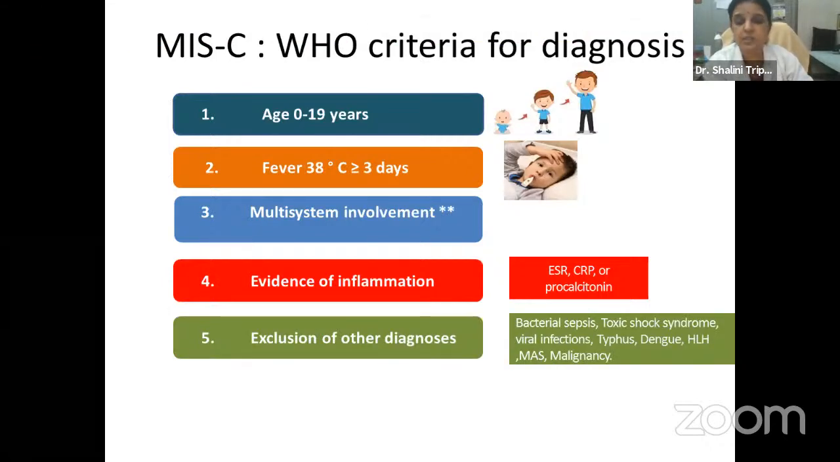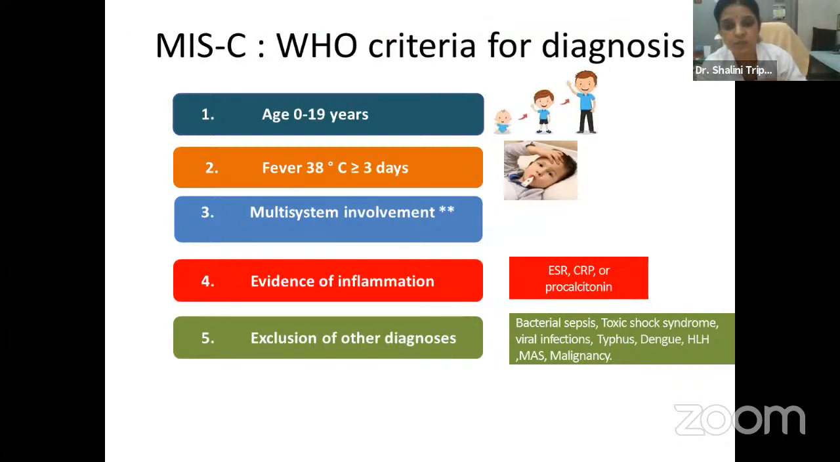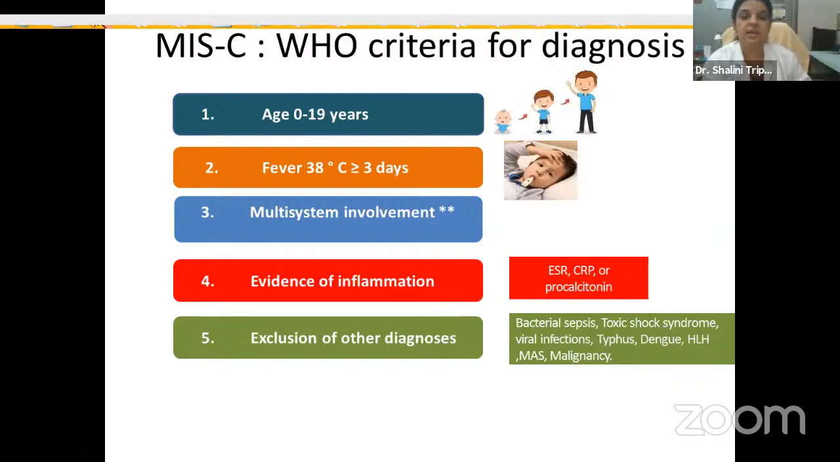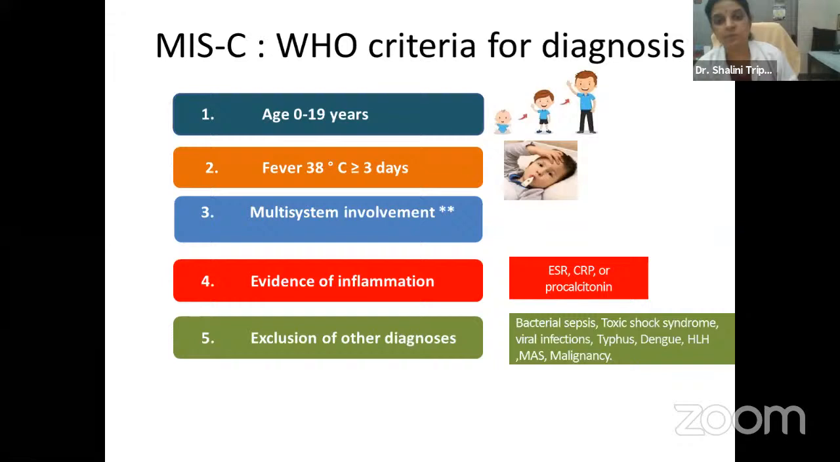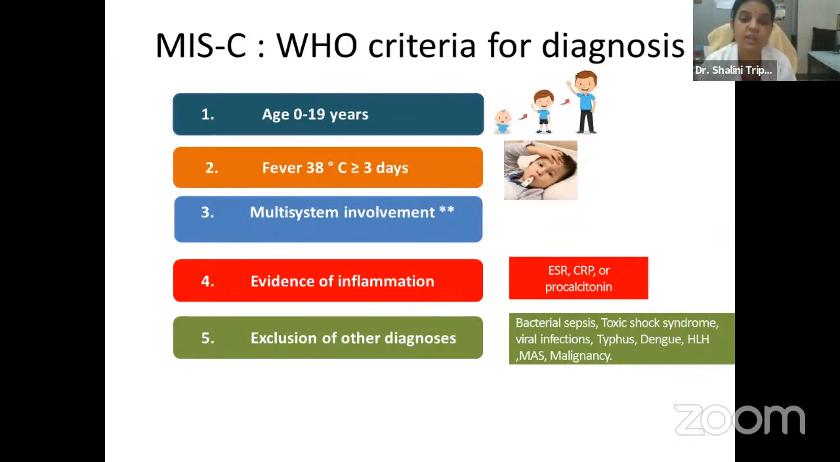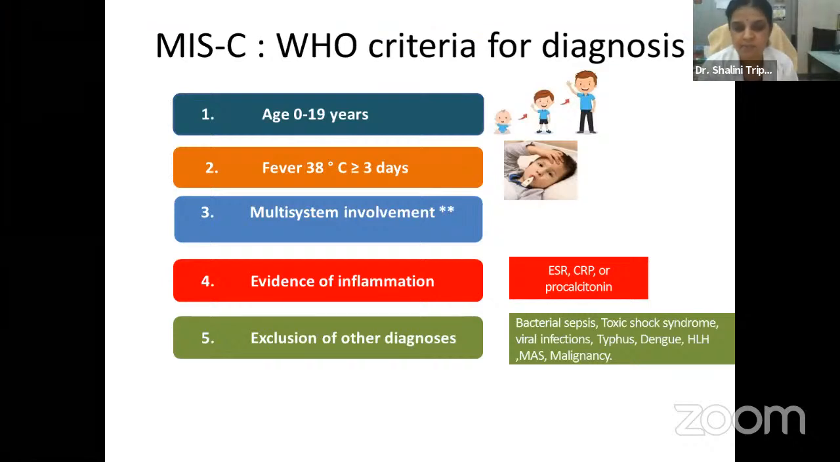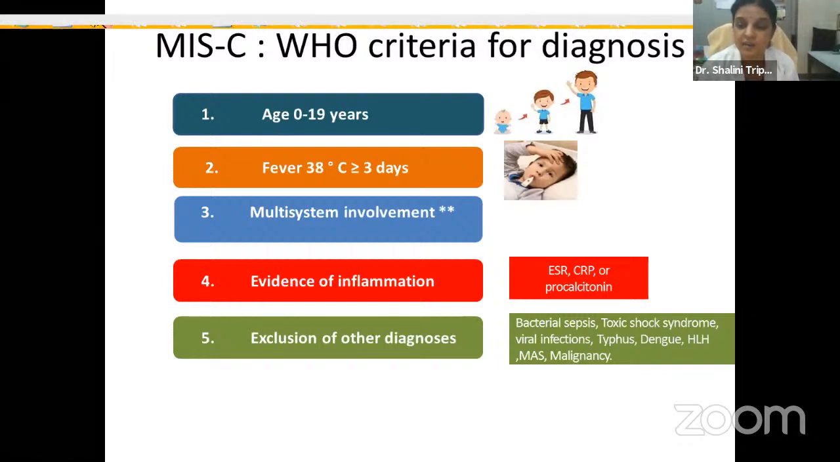Then the fifth point is very important. When we know something, we always look for it and try to make the diagnosis in that patient. But we should know that this condition is not very common. It was less than 1% of all the children with COVID-19. So try to exclude, if the patient is otherwise stable, just having fever: typhus, dengue fever, malignancy, macrophage activation syndrome, HLH, sepsis, toxic shock syndrome, viral infections,